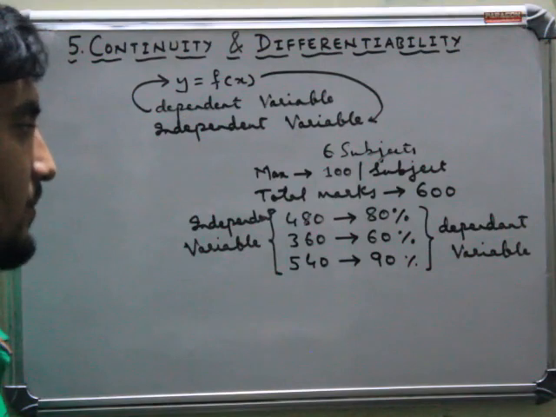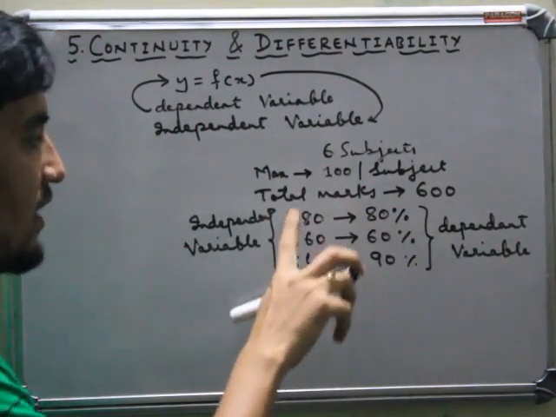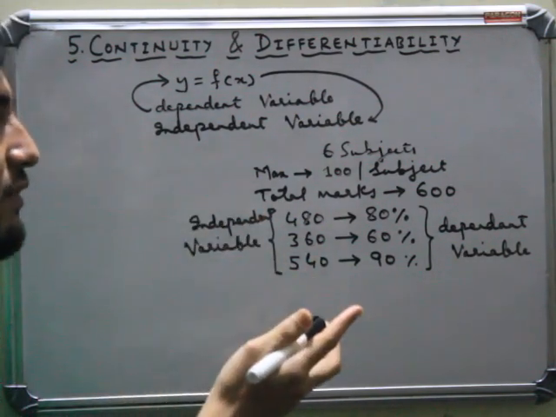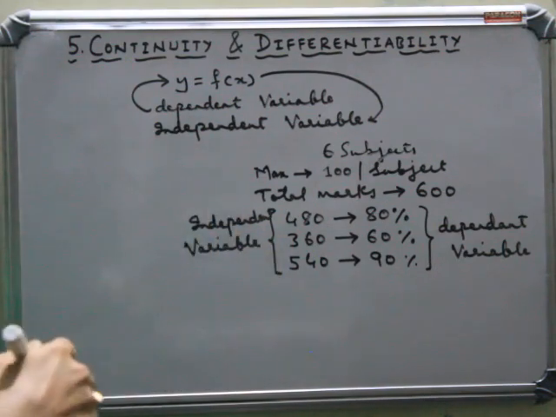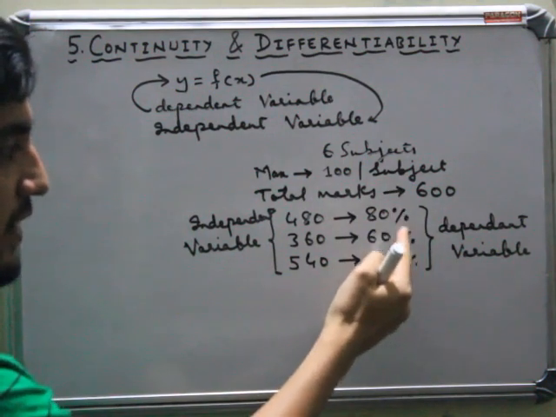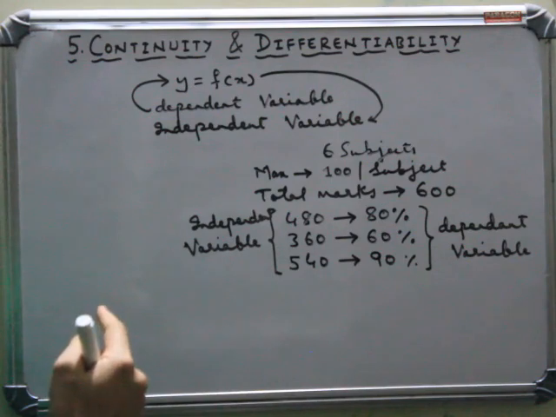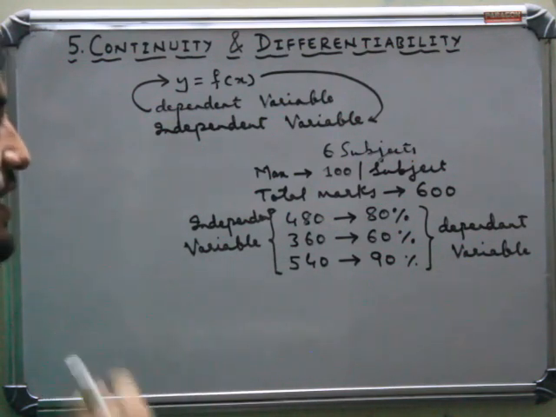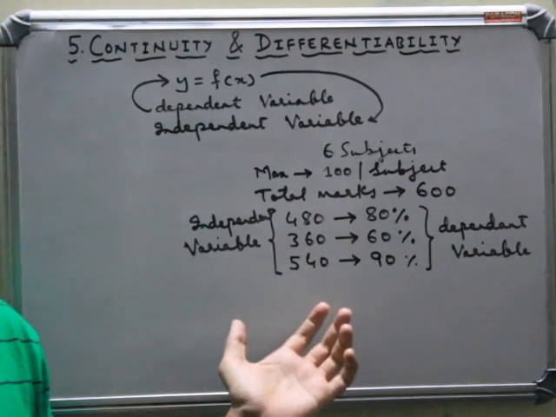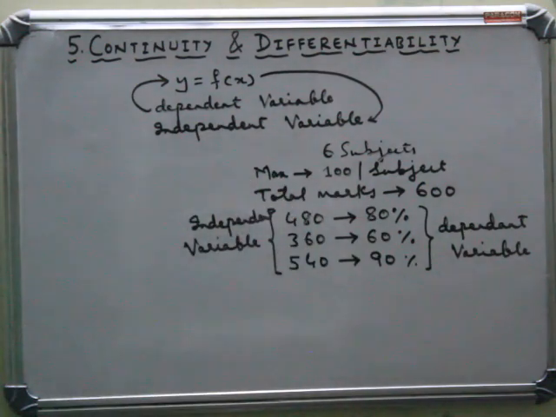So what is this? Change in dependent variable with respect to independent variable. Whatever might be the difference, your difference might be positive or negative. What we are seeing here is change in the value of dependent variable with respect to independent variable. I hope you are understanding this concept. That is what is called differentiation. In general terms, to give an example, this is what is differentiation.